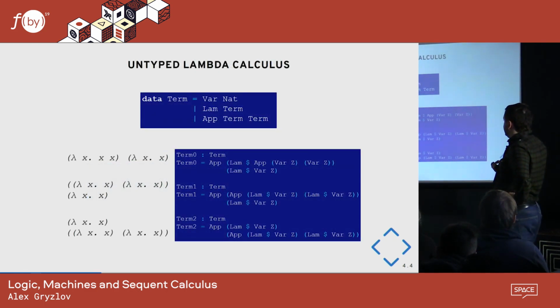So then how would you write the untyped lambda calculus in Idris? It's just these three cases. Either it's a variable with this natural number, or a lambda constructor that wraps over a term, or an application of a term to a term. And this is how you would encode, for example, simple lambda terms, just application of lambda to vars and so on. Okay, I guess this is kind of straightforward.